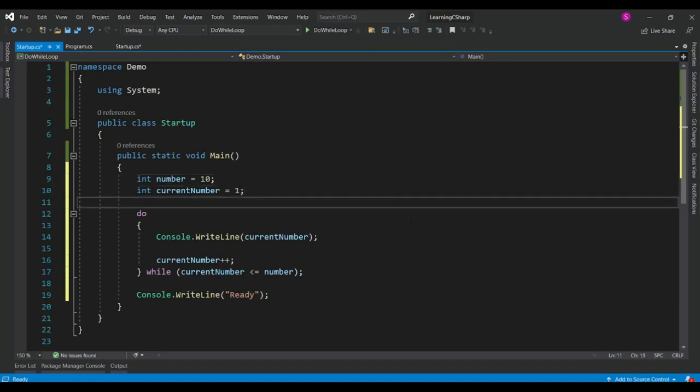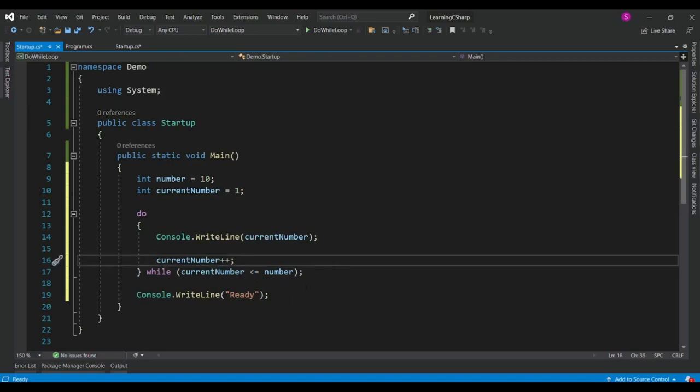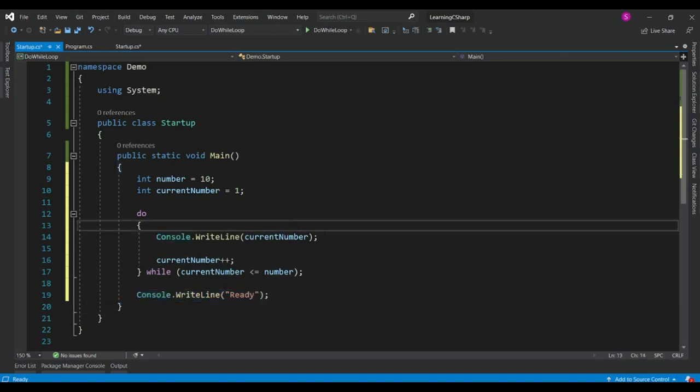So now what I expect is to again have the 1, 2, 3, 4 and so on to 10 inclusive, but then when we change this sign, I think that not only the ready will be displayed on the console. Also, before that, we will have one,